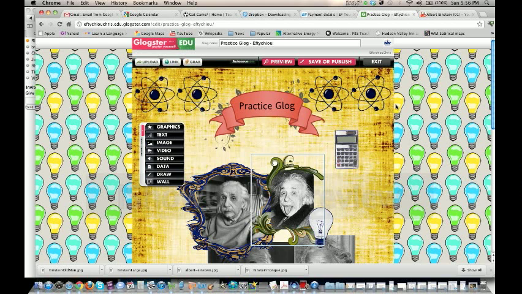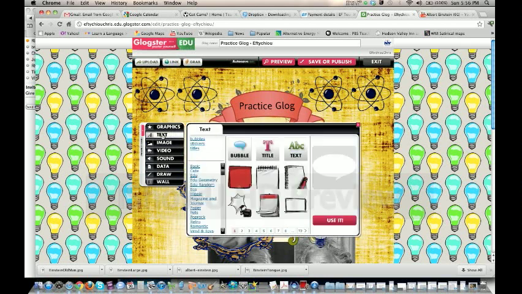Another function that I'd like to go through is inserting a text box and kind of messing around with the size of the text, because that can be a little confusing sometimes. So I'm going to click text in the magnetic toolbar,